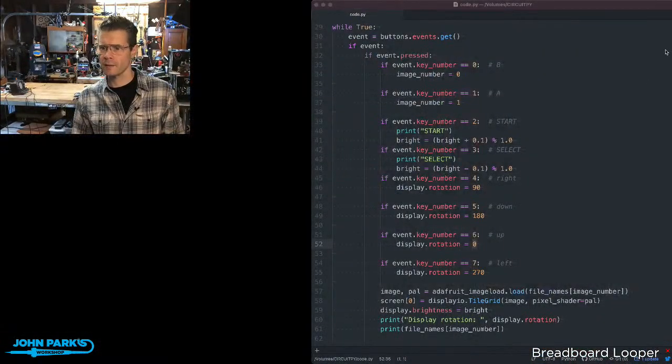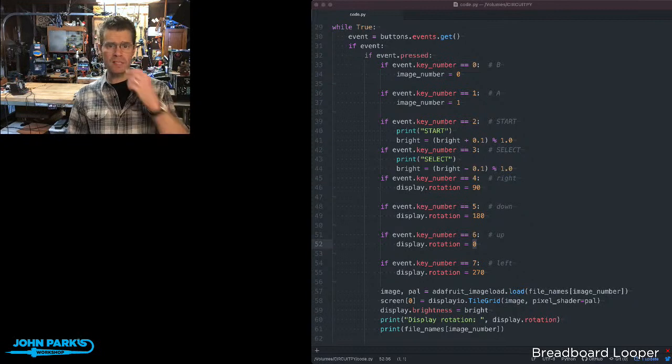All right, so let's switch on over to Adam. Yeah, we'll look at the one second here. We'll look at the code for this, and then we'll take a look at the circuit diagram.